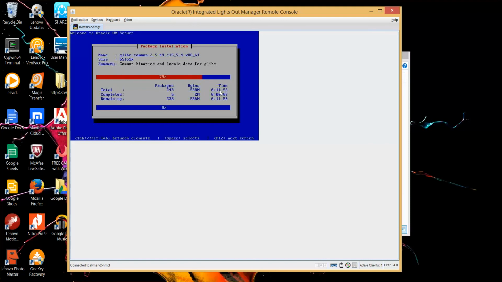So I'm going to pause it now, and I will try to come back in 10 to 12 minutes, and we will see where we are. So it is installing the last major component, which is of size 100 MB, and 2 more minutes remaining. I will come back once it is done.